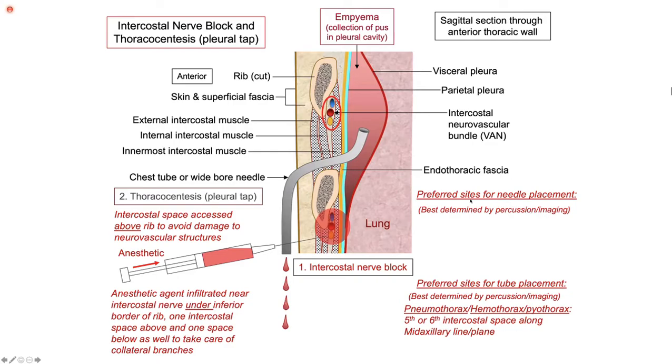Let's say I'm dealing with a patient who has tension pneumothorax. We didn't talk about it, but yes, this also applies to chylothorax because that's also a kind of fluid. Now if I'm placing a needle for tension pneumothorax, I need to have evidence, both radiological and clinical. And for tension pneumothorax, it is the second or third intercostal space along the mid-clavicular line.